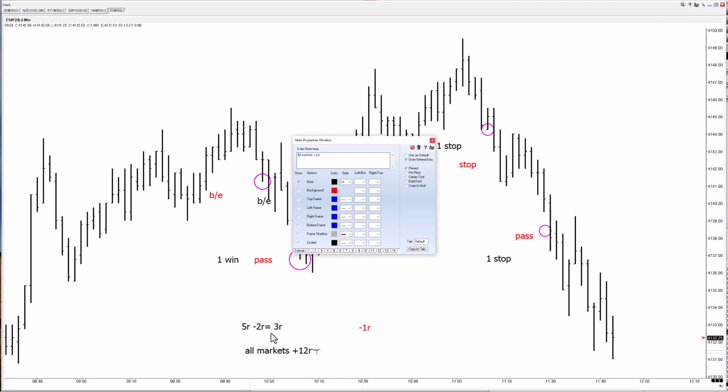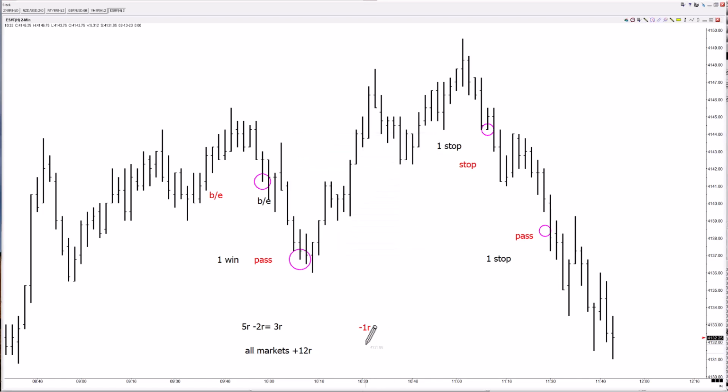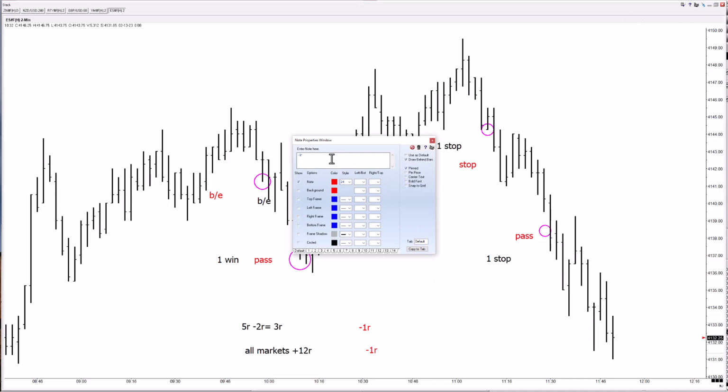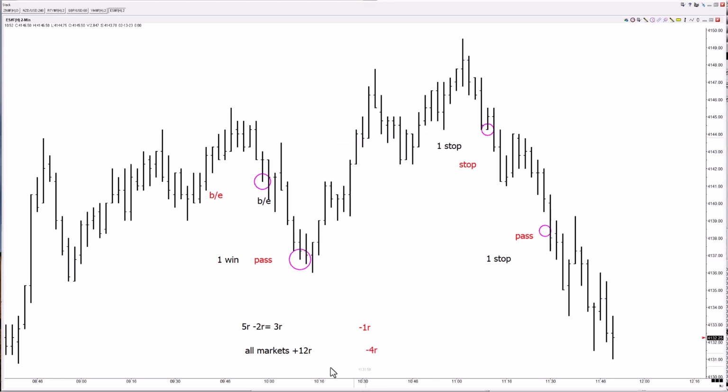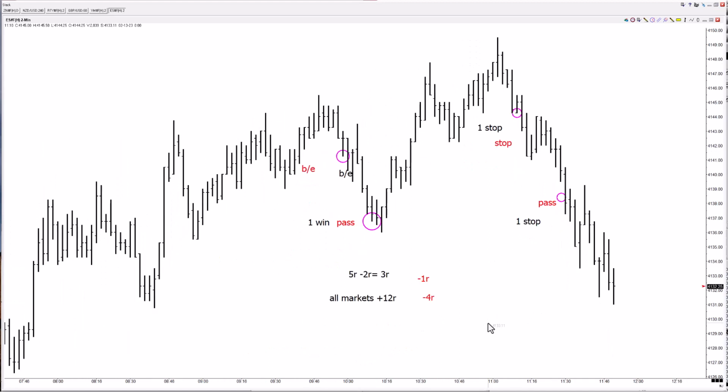Here, let's just go ahead and think about the numbers here. And then several wins, right? And it's going to add up, if I'm doing the same kind of thing. And this guy's going to end up with 4R for the day. Right? That's what happens over time. I can end up with 12R, $1,200 at $100, or down $400. That's what happens over time with doing things inconsistently. Maybe cherry picking. Oh, I have a feeling this will work, this won't work.